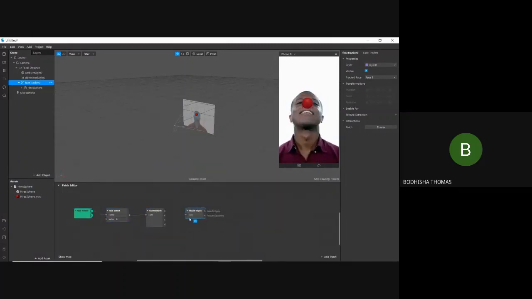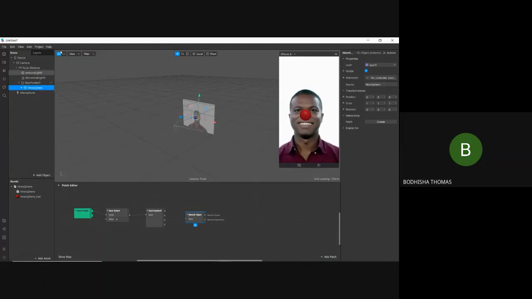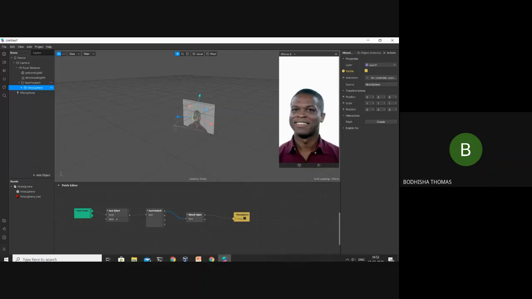So whenever the mouth open patch becomes true, then what we have to do is show this object. So go to this sphere object, and beside this visible, there is an arrow. Click on that arrow. This is the visible patch. So whenever the mouth opens, you have to connect it to this sphere and connect the face tracker's face to mouth open.